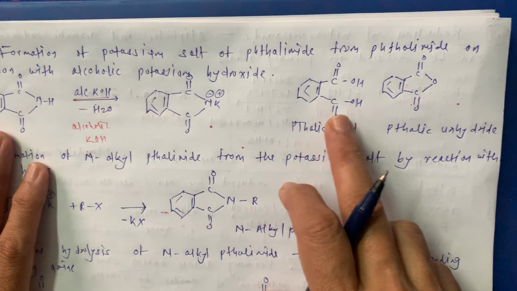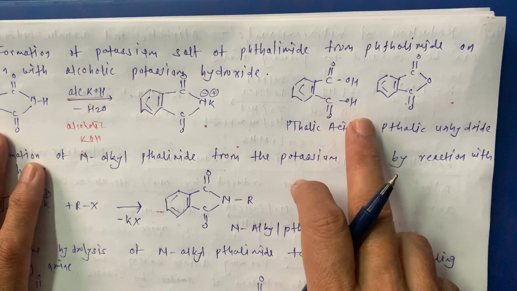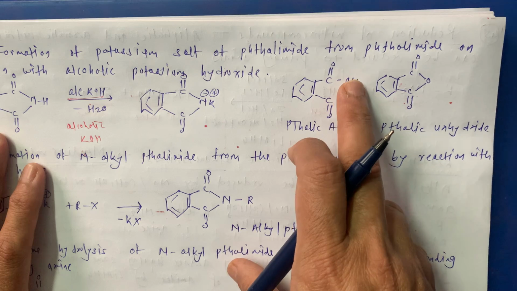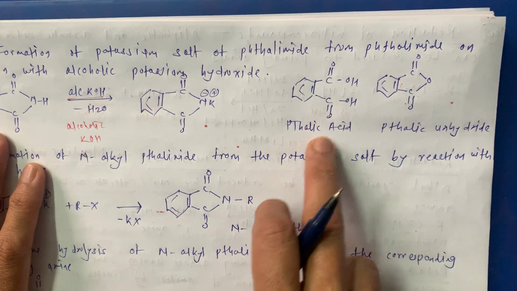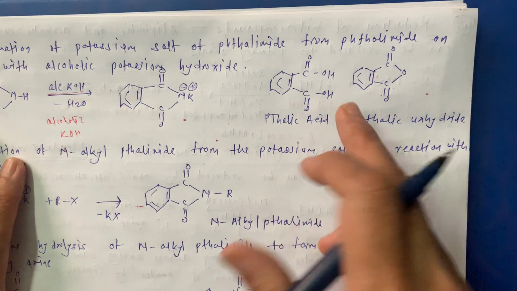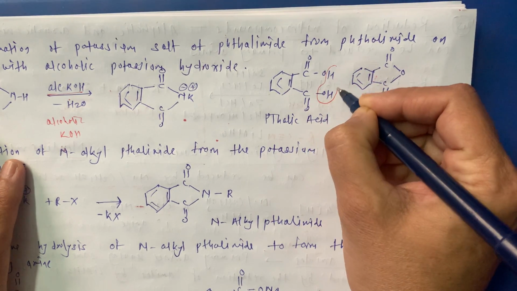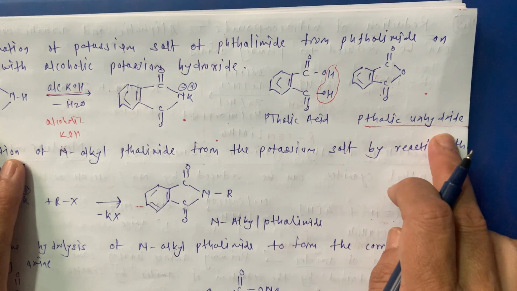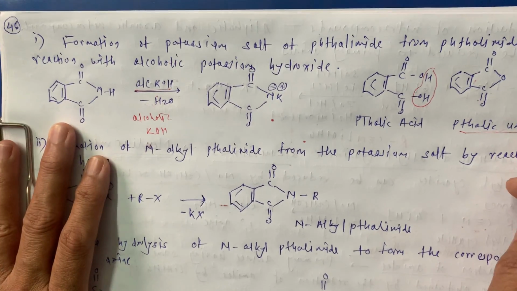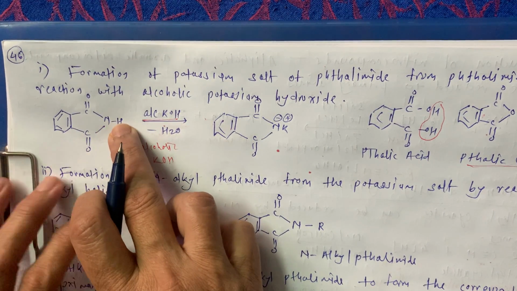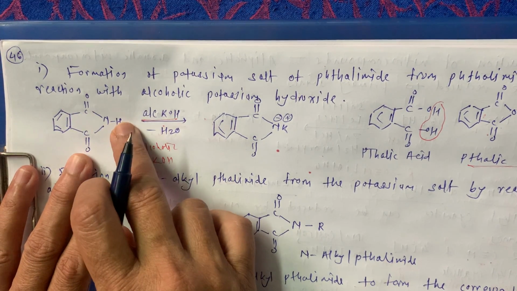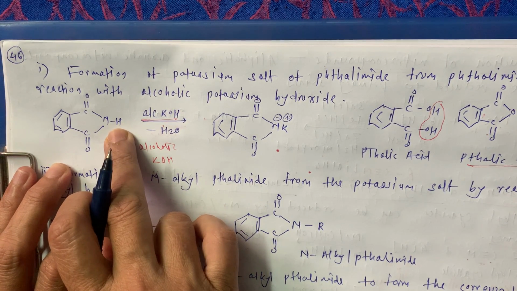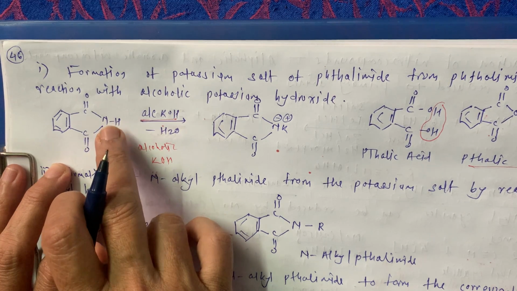Now first you have to know what is phthalimide. See, we will start from this. We studied phthalic acid: benzene ring with 2 carboxylic groups, C double bond OH. This is known as phthalic acid. When we remove a water molecule from this, there is formation of phthalic anhydride. And when here there is NH, C double bond O, NH, due to 2 carboxylic groups, one H is again less over here. This is nothing but our secondary amine.